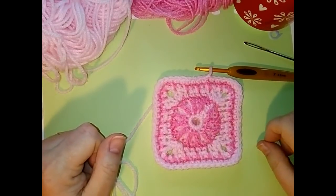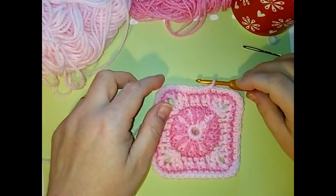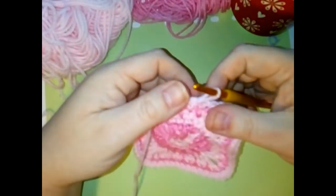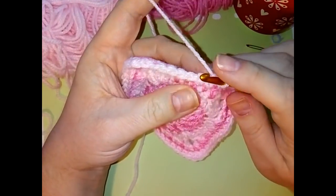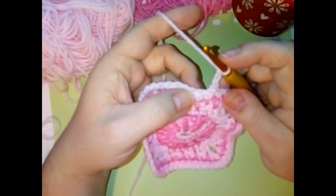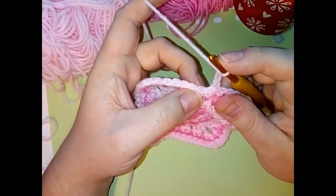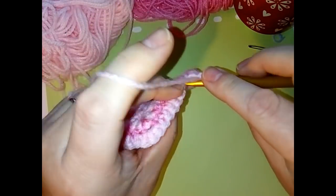Lovely. So the next round is double crochets in the back loop only. We've done back loop only already, so you know what they are. We're going into that strand of yarn furthest away from us. So when you have your 2 strands on top, you're going to go into the one at the back. Okay, so our first stitch, we're going to do a chain 3 as a double crochet, and then into the next stitch. So this is coming kind of on top of one of your stitches, so go to the next stitch across and do a double crochet into that back loop,